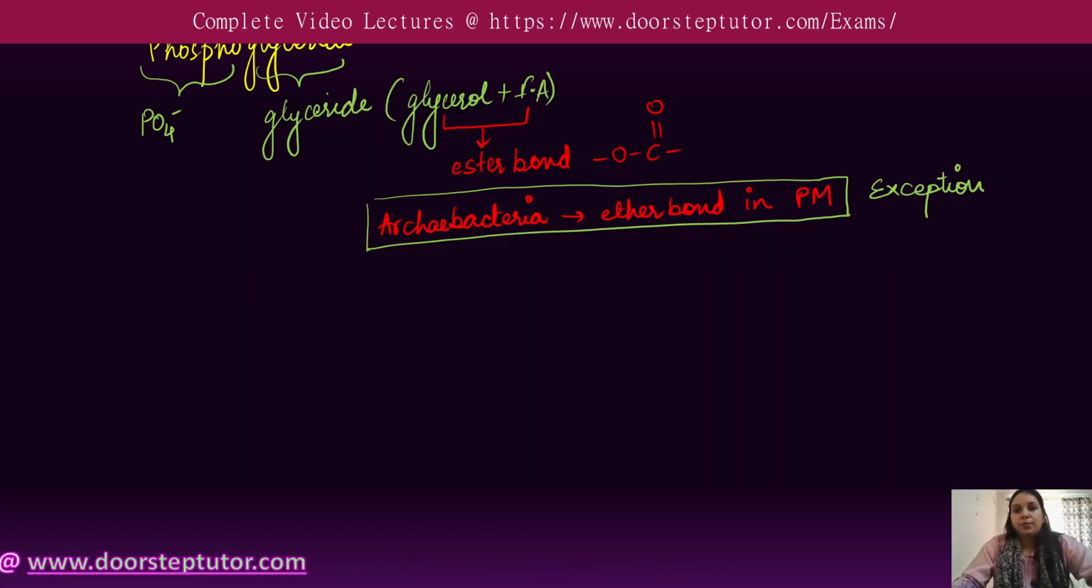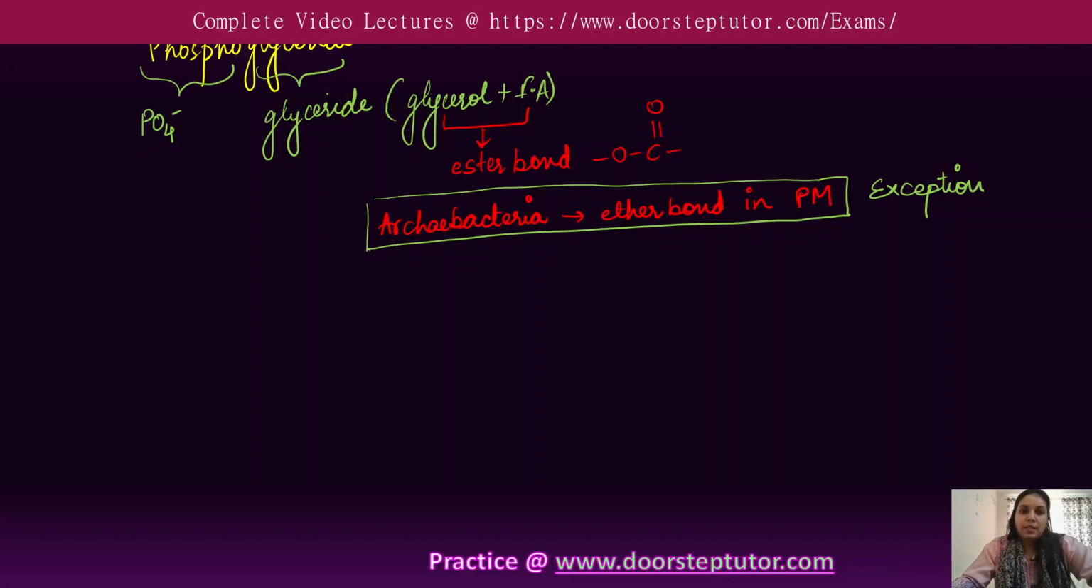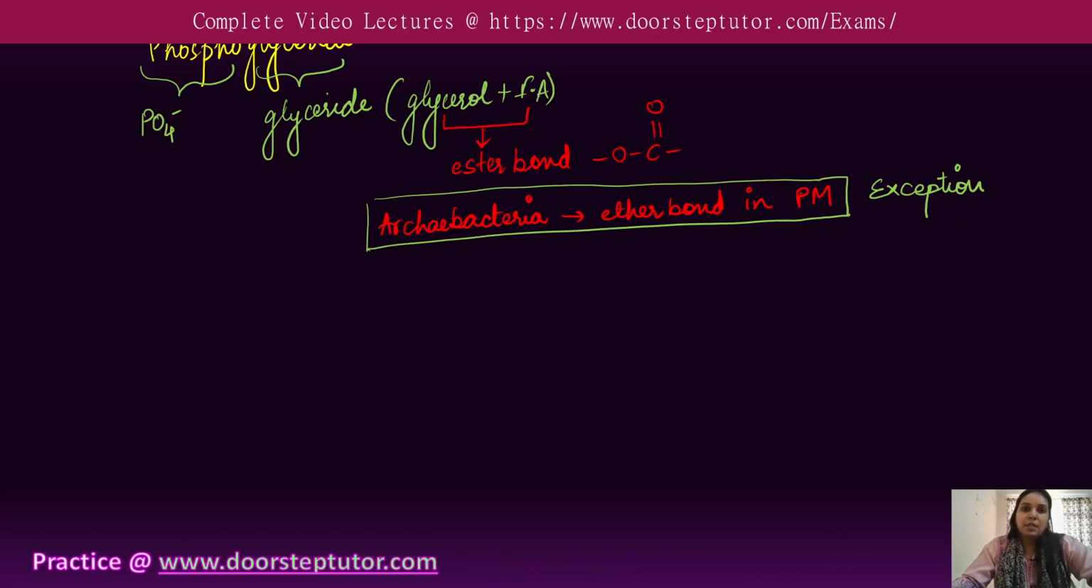Exception. Why is the ether bond usually present in the archaebacteria? Because archaebacteria are organisms which usually prefer to live in extreme environments, and the ether bond helps in that. Therefore, the archaebacteria have the ether bond in their plasma membrane instead of